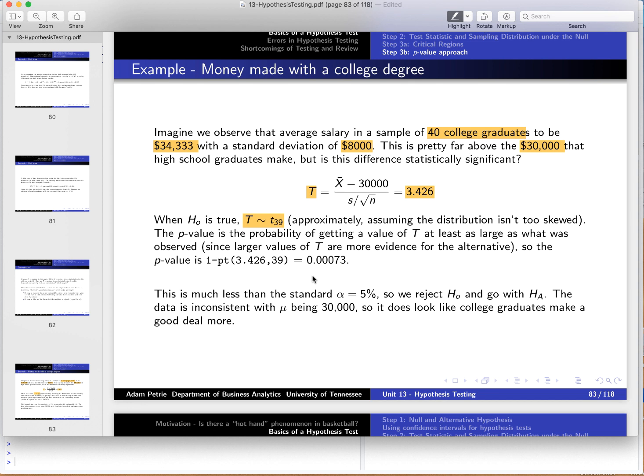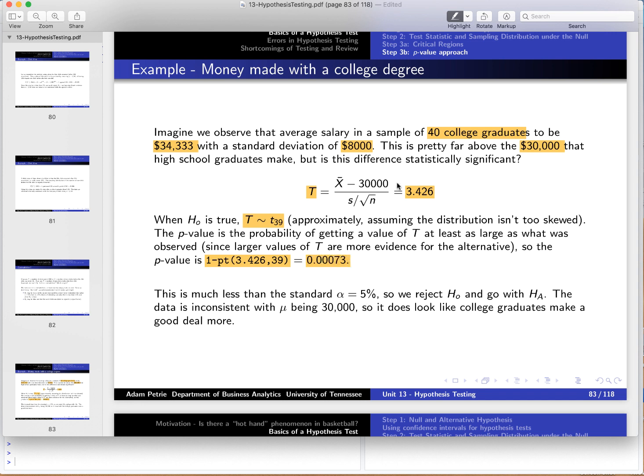So what is the probability of getting our data, a test statistic of 3.4, or data that's even more evidence for the alternative, basically larger and larger salaries, larger and larger values of this t-statistic? Well, that can be given to us by pt. So pt tells us the probability of getting a 3.426 or something smaller. 1 minus that would be the probability of getting that value or something bigger, and we find that this works out to be